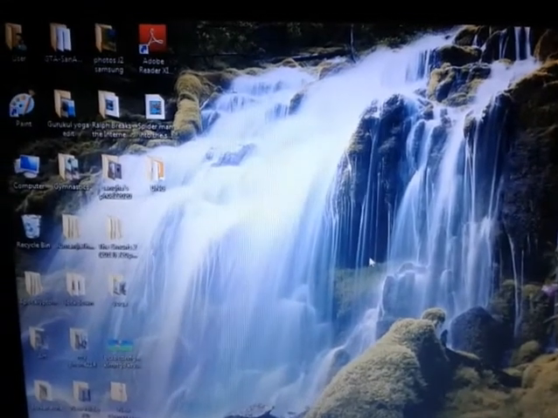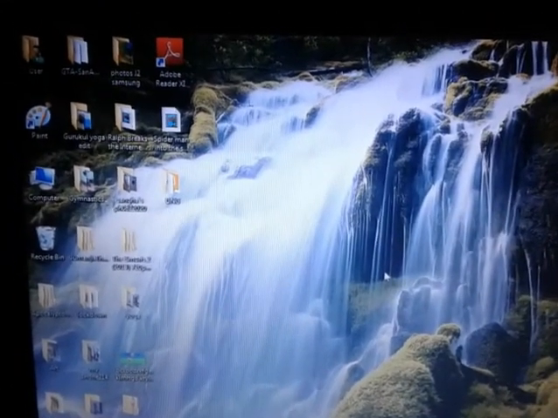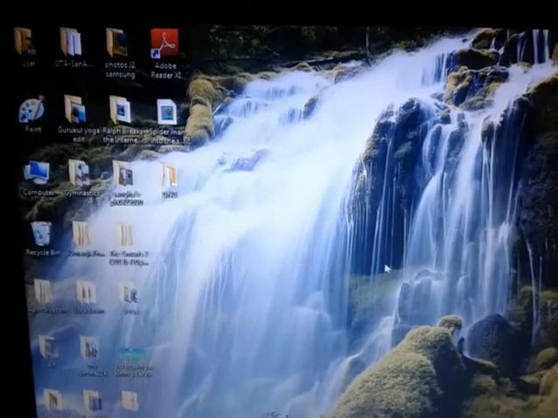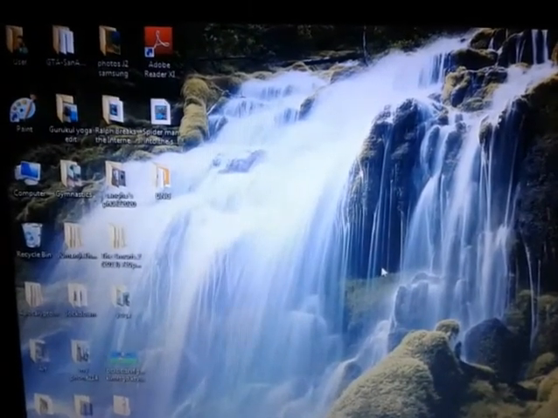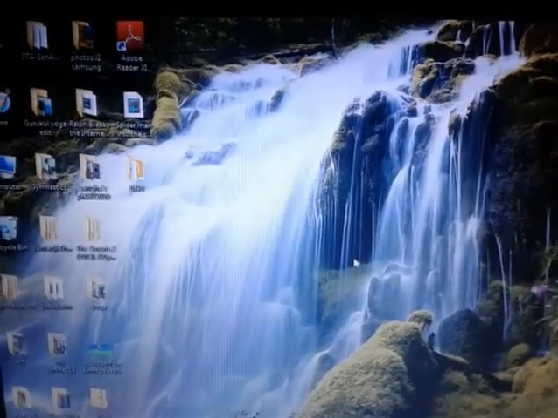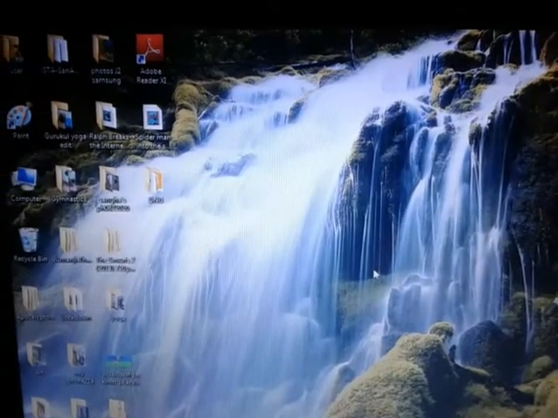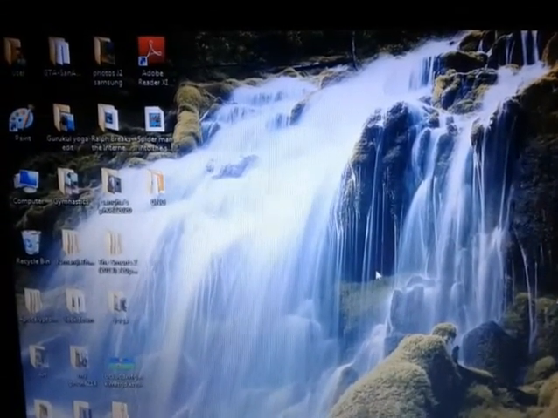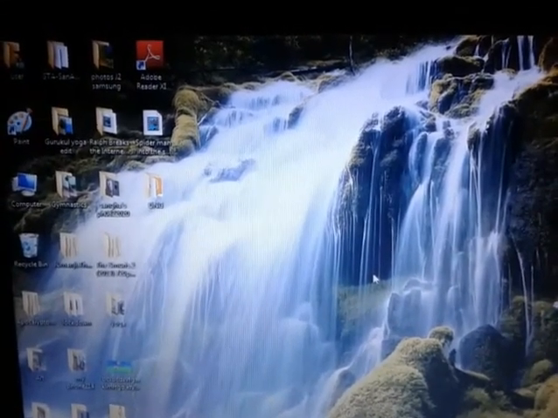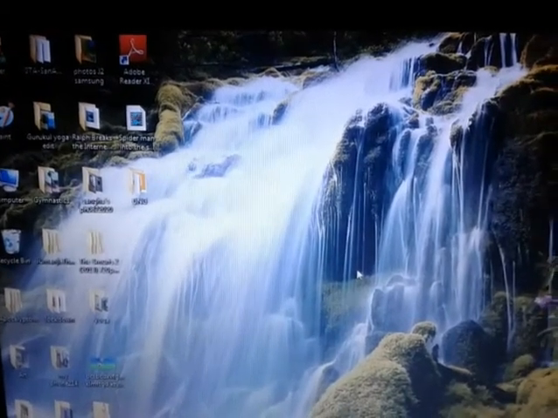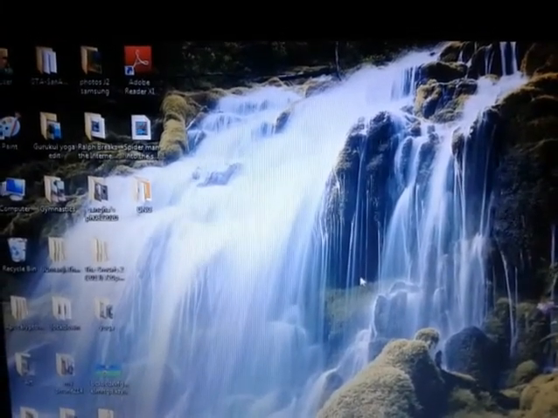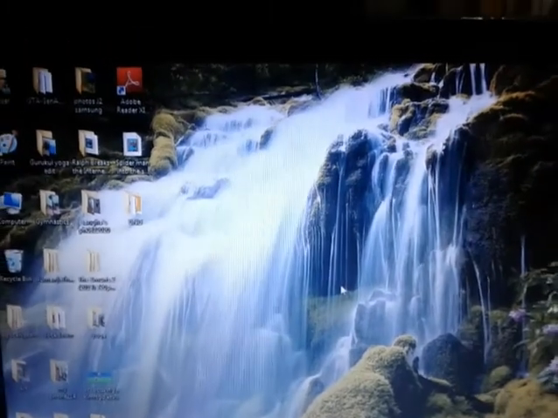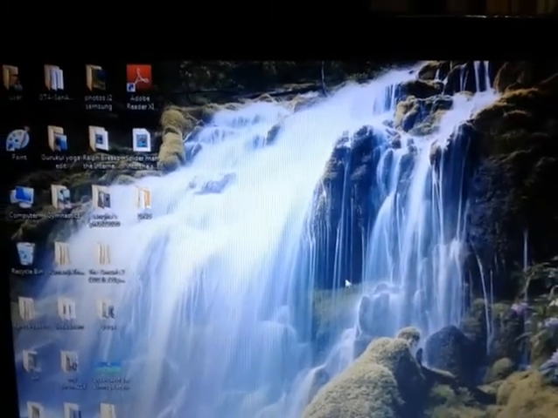Now we have also learned that it is easier and looks neat when there is a minimum number of icons kept on the desktop pages. We keep icons of files and folders that we use frequently. Icons should be kept arranged and organized on the desktop. Today I will show you how you can arrange the icons.